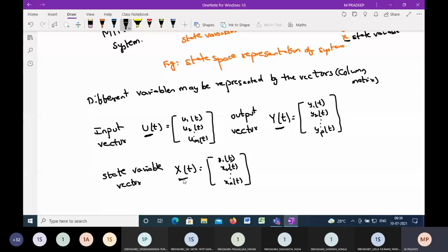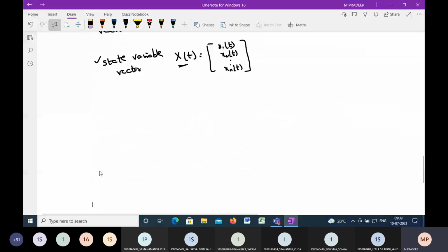If you see the terms u of t, y of t, or x of t anywhere, immediately remember in your mind that the letter u represents the input, the letter y represents the output, and the letter x represents the state variable.